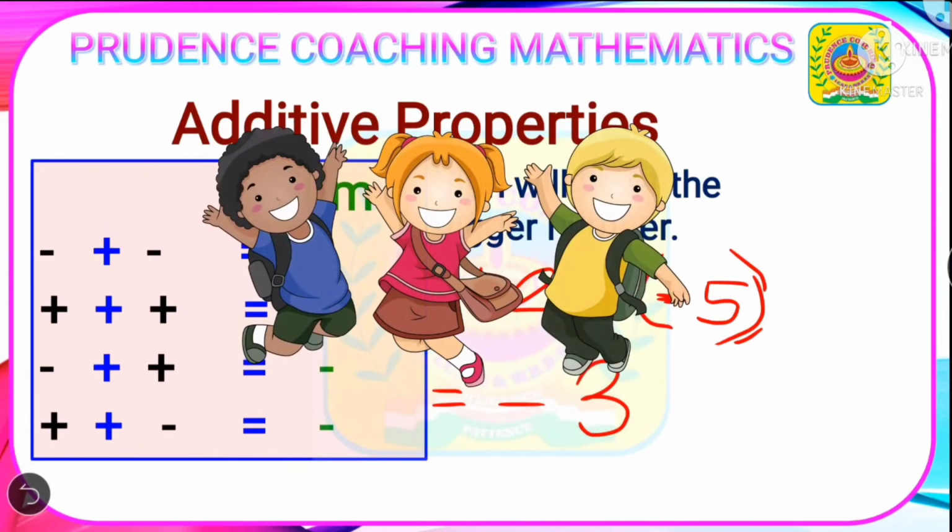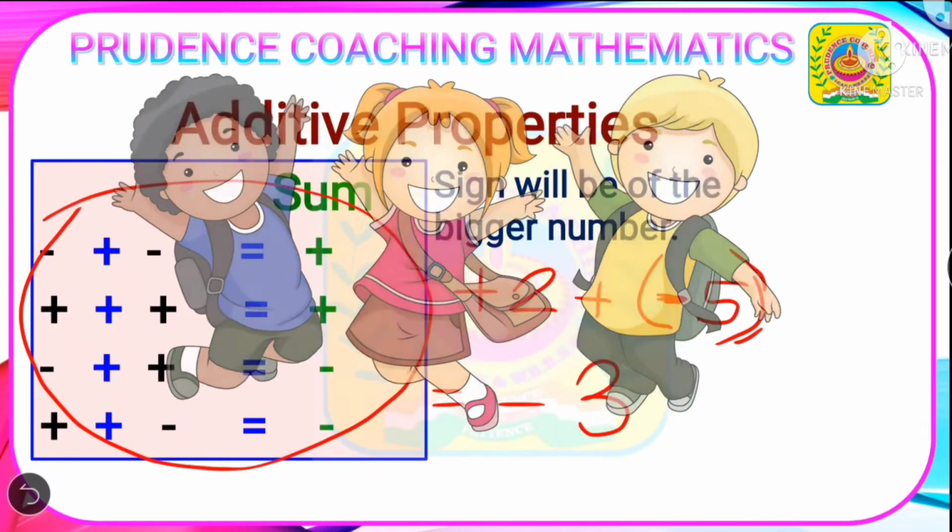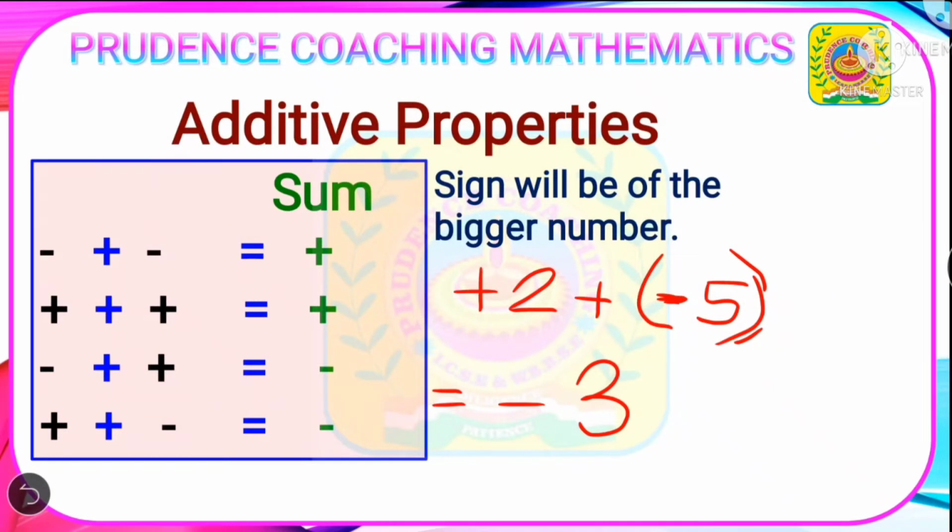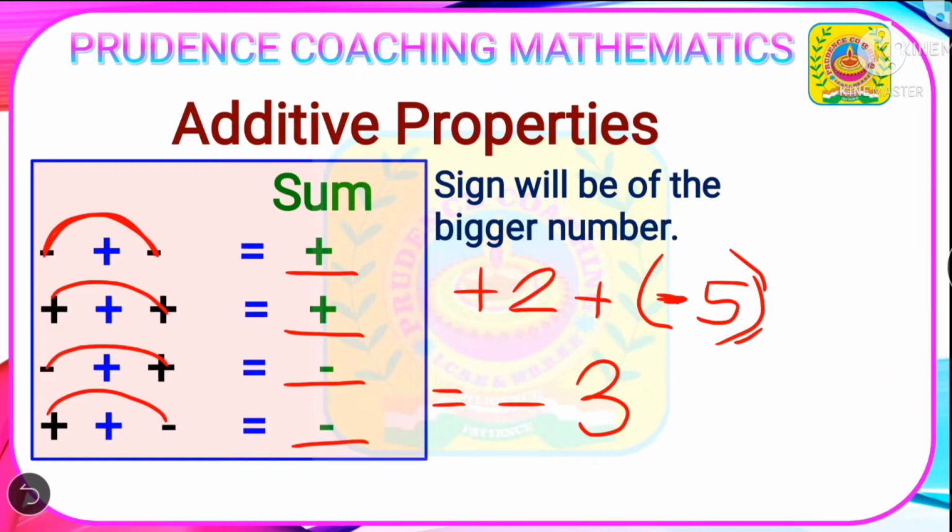Dear students, do you want to mug up all these things, means learn all these formulas? No need. Listen to me, what you will just learn. If the sign is same, as you can see here plus plus and here minus minus, that means the sum will be positive. When the signs are different, that is here minus plus and here plus minus, then the sum will be negative. Okay, and the sign will be always of the bigger number. So this is the conclusion. You will just remember this and solve all the sums very easily. You need not mug up or learn all these things separately.